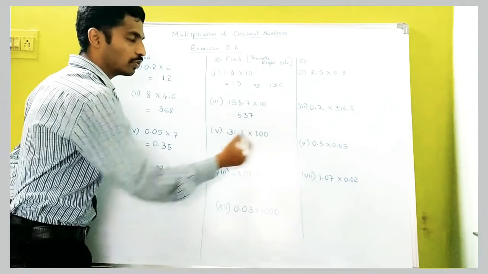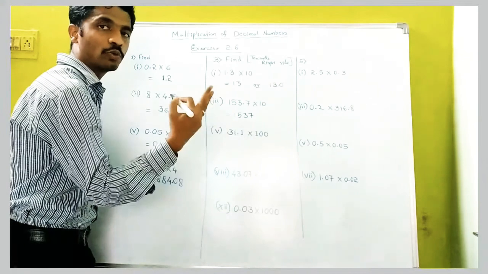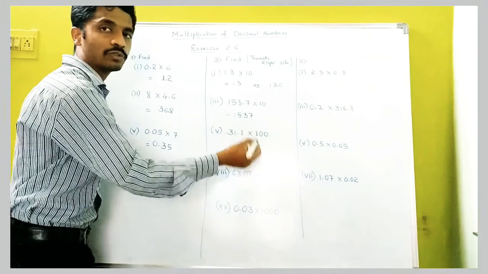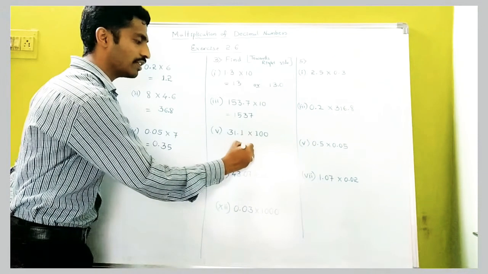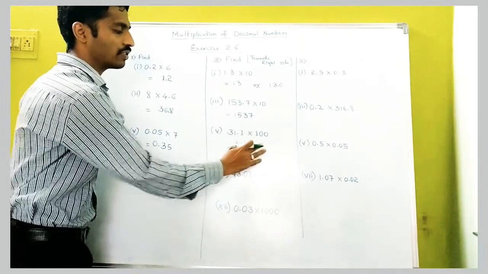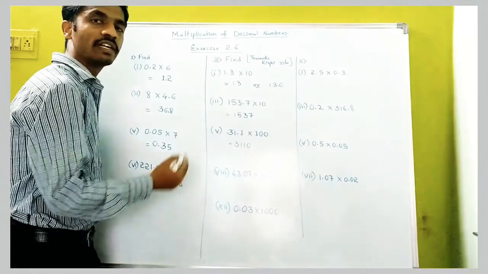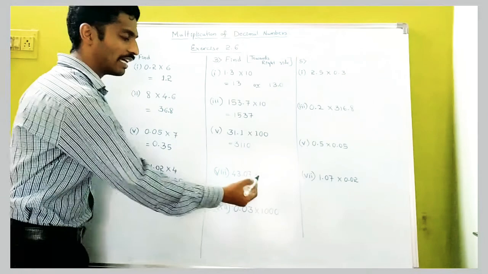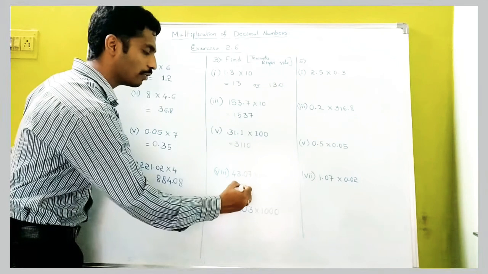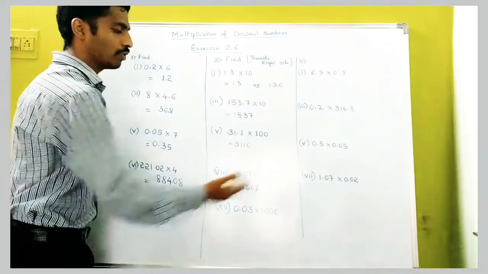Again here 2 zeros are there. What you have to do? We have to move towards the right side. How many places? 2 places. Here only one place is there, for another one place you take the 0. So it becomes 3110. There is no difference if you do not write that 0 also. So our answer is 3110. Again here, how many zeros? 2 zeros, towards the right side. So our answer will be 4307 if you move towards right.